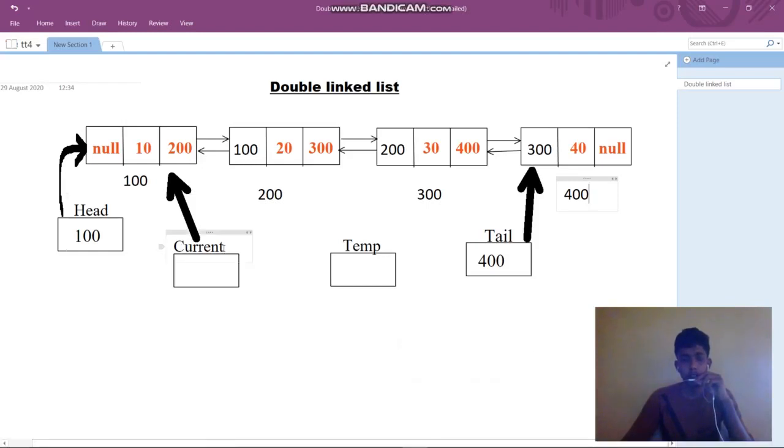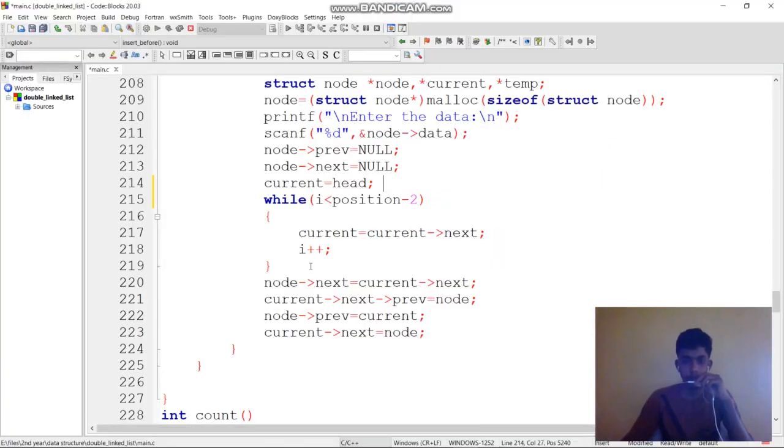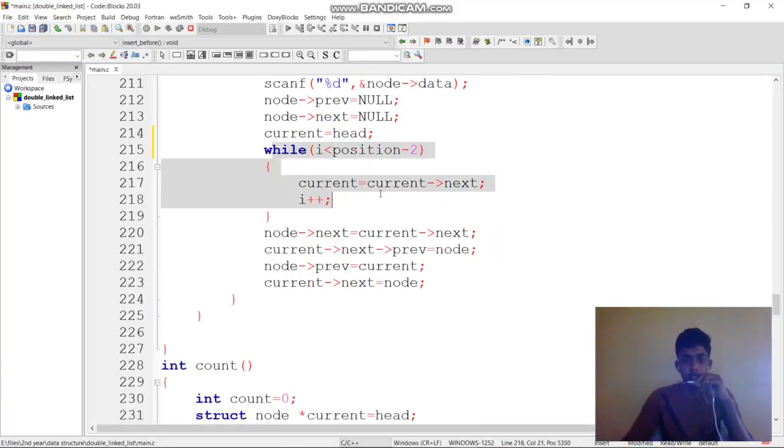So current is pointing to the second node. Since the position given is third, we need to insert the node between 2 and 3, so current should point to the second node, then only we can insert easily. So current now points to 200.